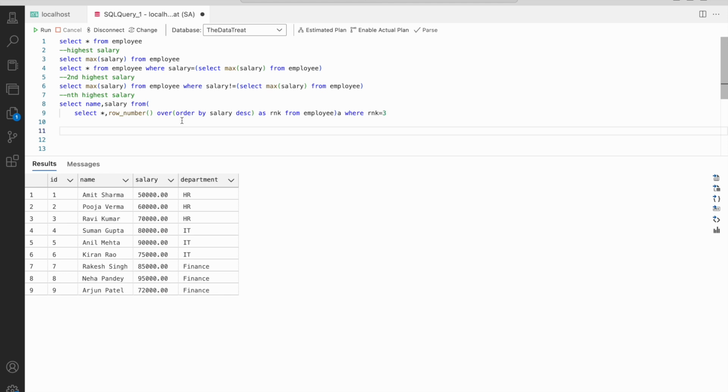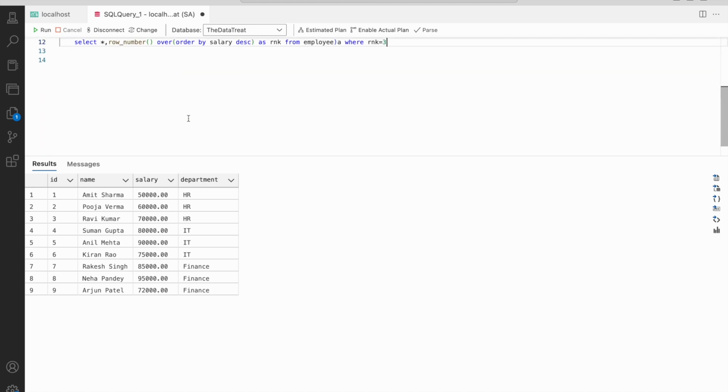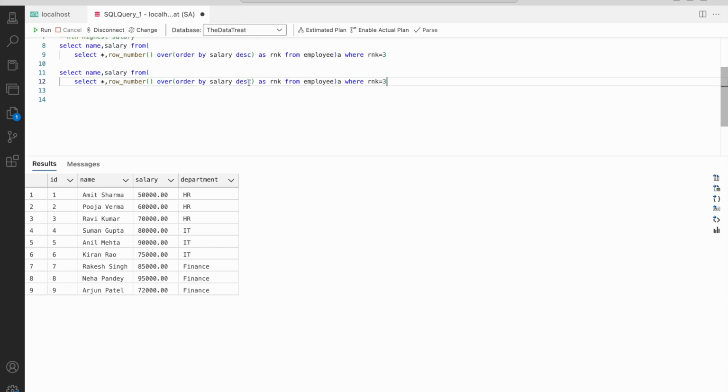So I can use a similar concept to what I have used here. I'll just copy this first and paste it here. I can use the similar row number concept, which is a window function. We are doing our order by salary, only trying to assign a rank or serial number, row number, based on the salary. But now I want to do a partition by department, because I don't want to assign a serial number for the whole table. I want to assign it just for each department.